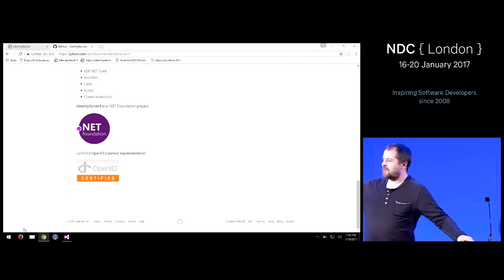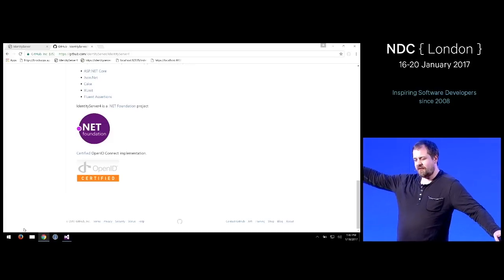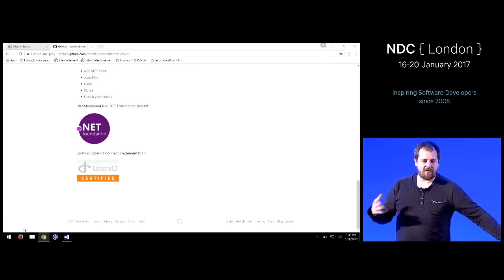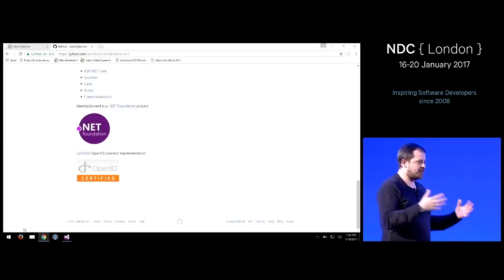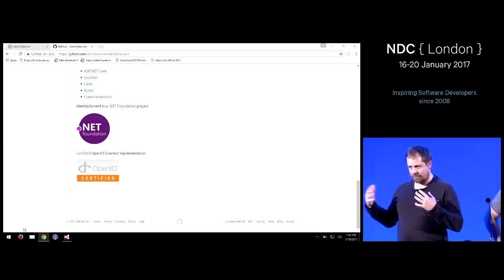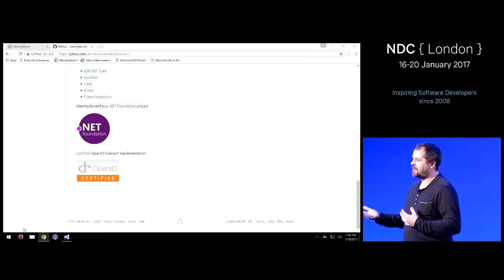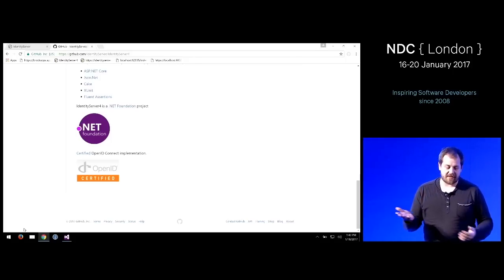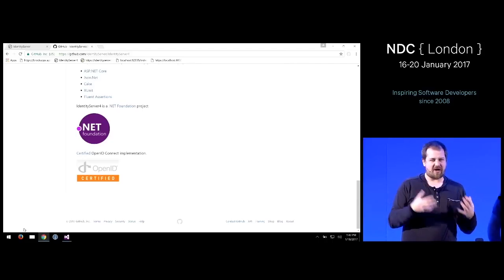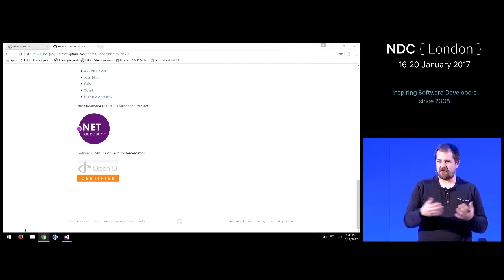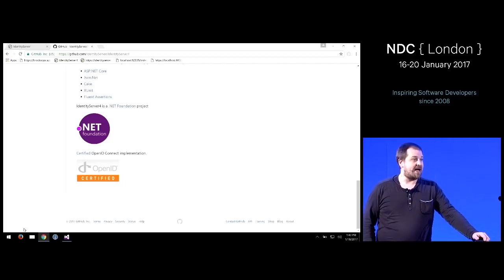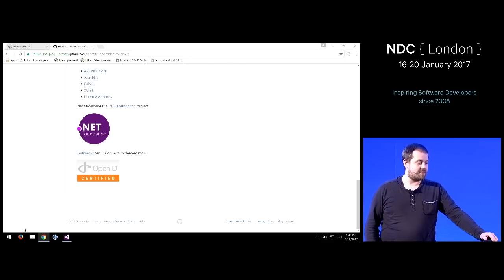And also, since a couple of weeks, you can certify your implementation of OpenID. In other words, you can go through a testing process and they make sure that you implemented the protocol in the right way, so you are compatible with other implementations of other vendors. And that also means for you guys that if you use IdentityServer, you're not locking into a proprietary implementation of the protocol. This proves basically that we just behave as any other certified implementation of OpenID Connect.